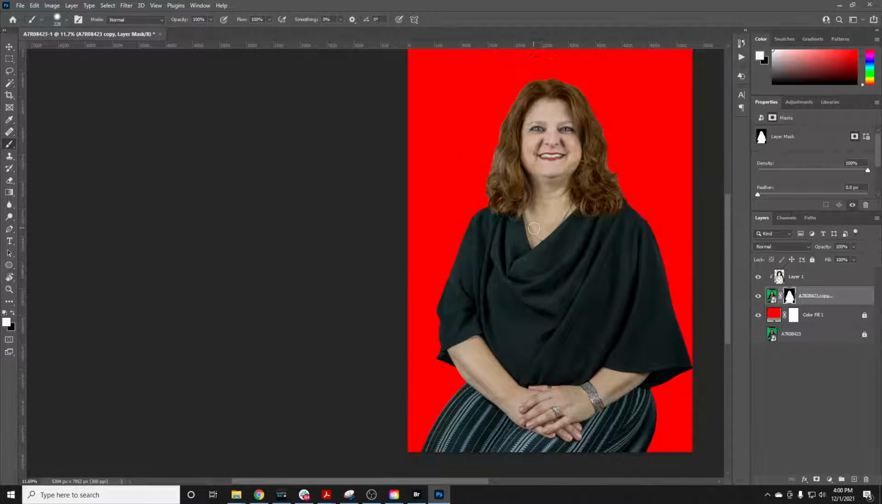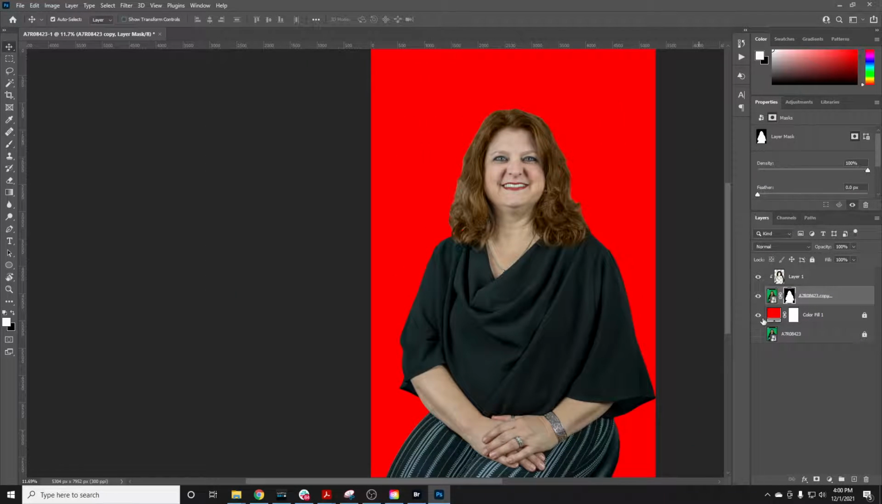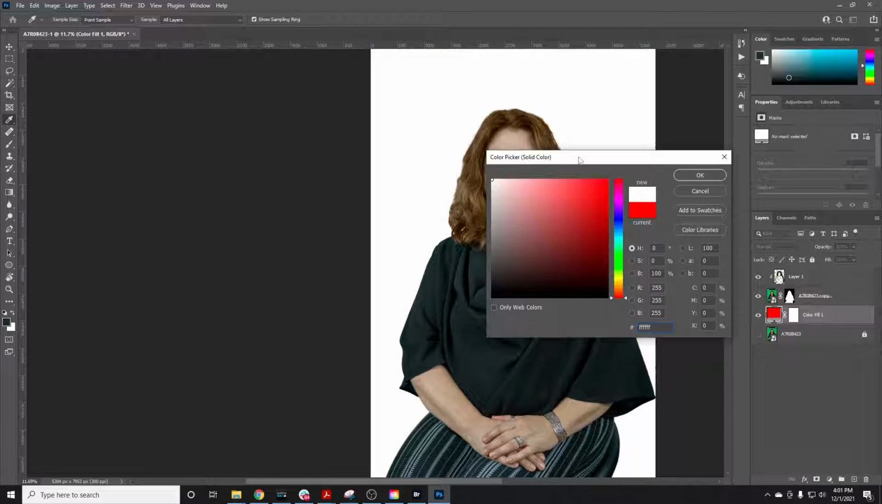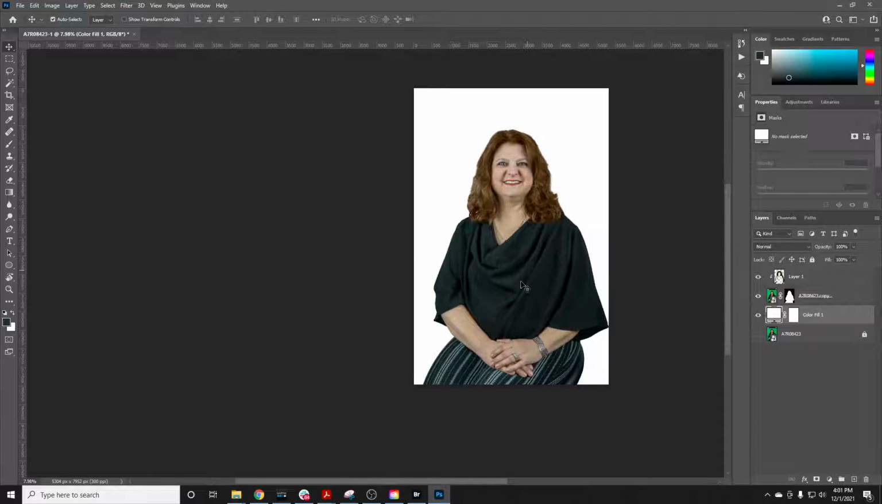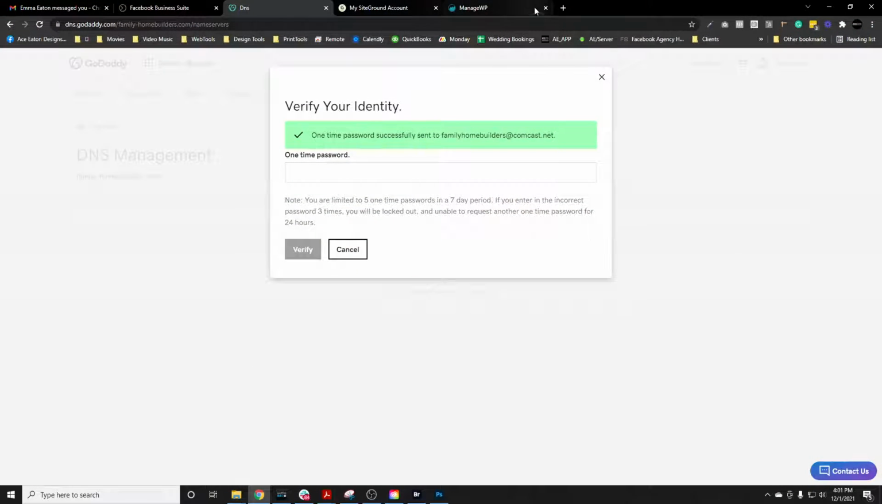And that's basically it. So now I have my red background. I can unlock that and delete it. Or you know what, I can change it. We can change the colors. It could be white, gray, whatever. I mean, you can even, let's see here, we can even